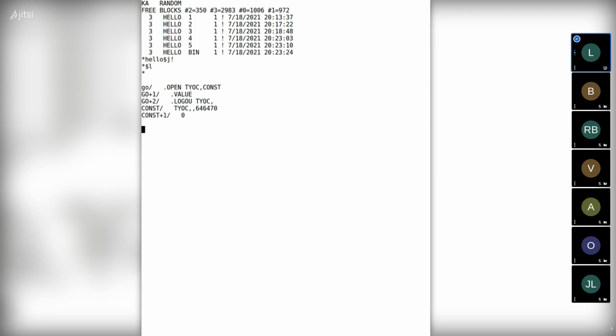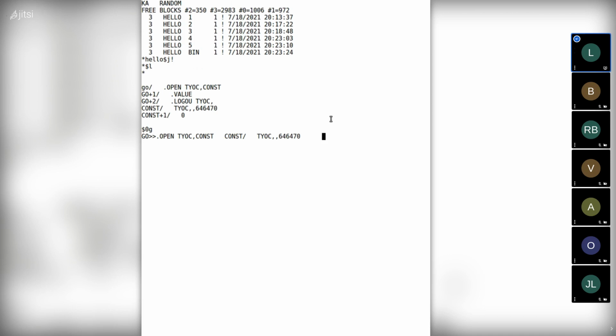So let's try this in the debugger. I'm going to type escape 0G to start it, but stop at the first instruction. So we are at the .open system call. You can see DDT also helpfully types out the contents of the address we passed to .open. And that looks strange, right?